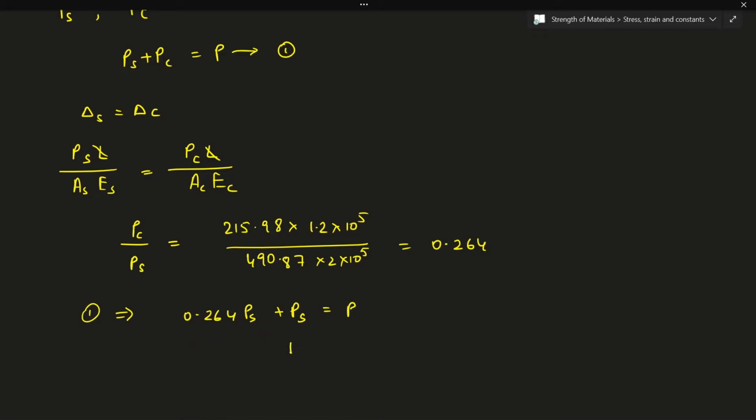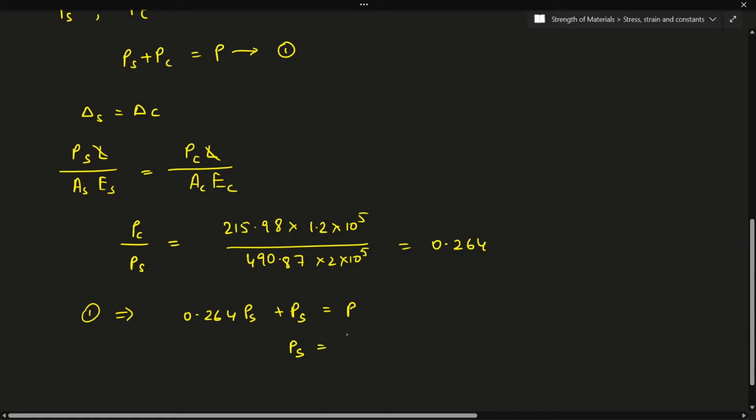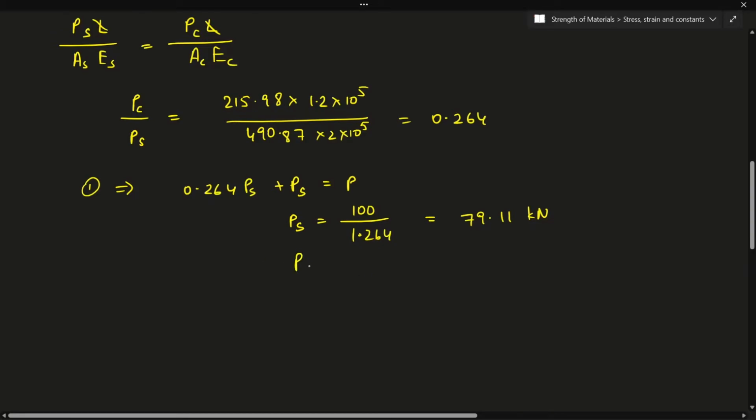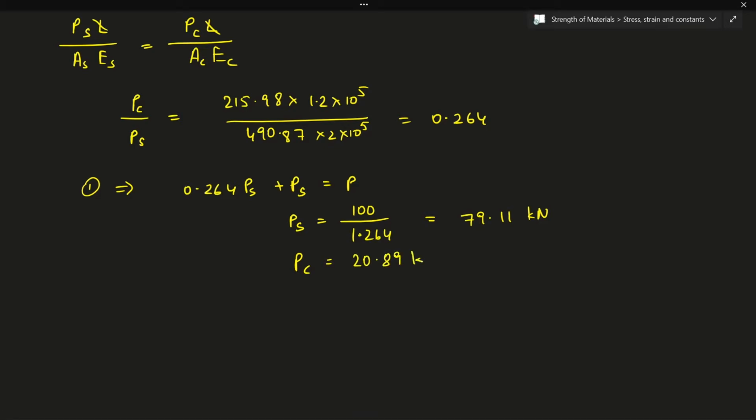Now PS will be given as the value of P, that is 100 kilonewton, divided by 1.264, which is nothing but 79.11 kilonewton. Now for PC, I'll have 100 minus 79.11, which is nothing but 20.89 kilonewton. Now for the stresses, I can directly calculate sigma S, which is given by PS divided by AS, so